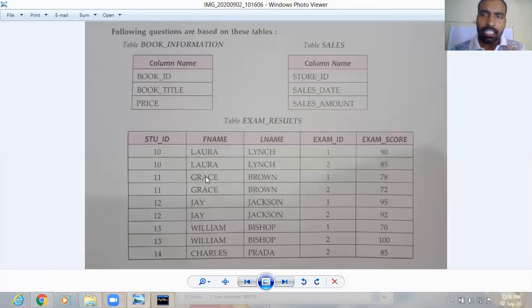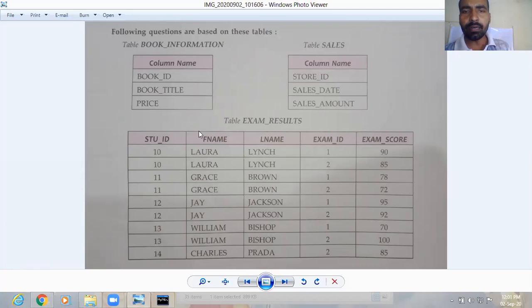So as we have finished the SQL syllabus, now no more topic is there in SQL. So far we have finished. If any topic is left in your book, kindly inform me. But according to me, I think I have finished all the topics. What is there in your CBSE syllabus? If by mistake anything is left, you can inform me. Is it clear? But here the following questions are based on the tables.